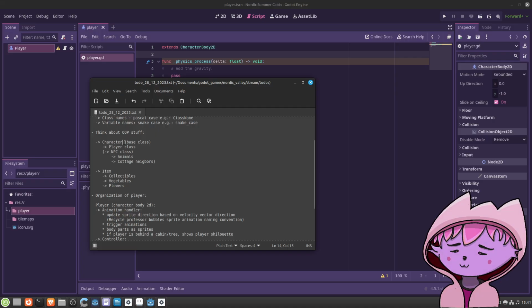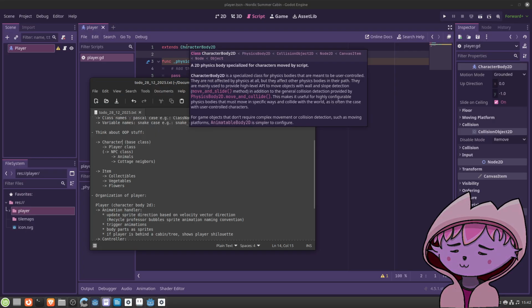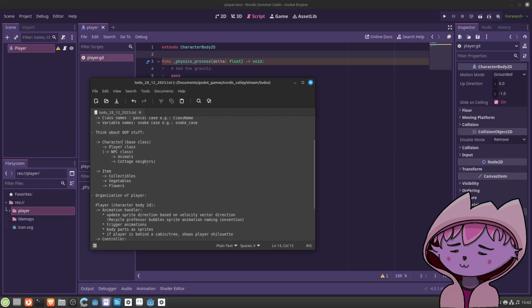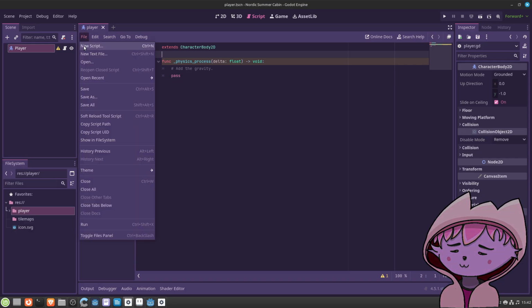I guess every character that is moving should have collision shapes. Even if I say they should not have collision shapes, we can just add some bogus collision shape and just disable it. So that's fine.